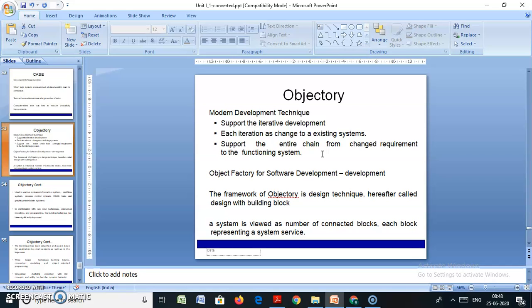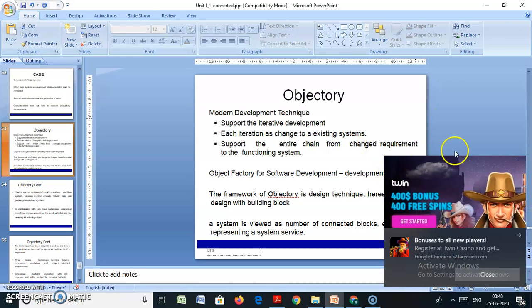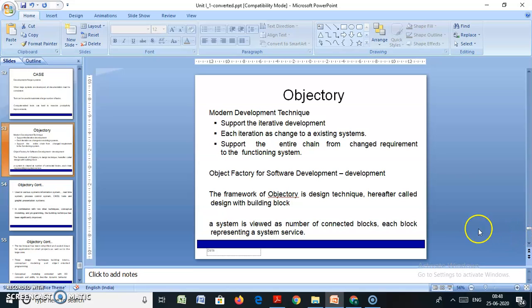That project will be divided into sub parts, and each part will be developed in an iterative manner. That means in iteration 1 we develop one part of the product, and in the next iteration we develop another sub part of the same product. In that way we develop the product. This process continues until we reach the entire product. We develop a part of the product in each iteration, and each iteration follows the life cycle of the product, that is, the software development life cycle.